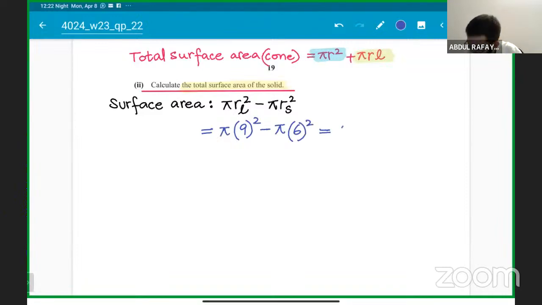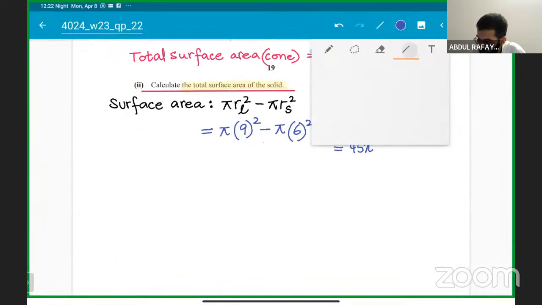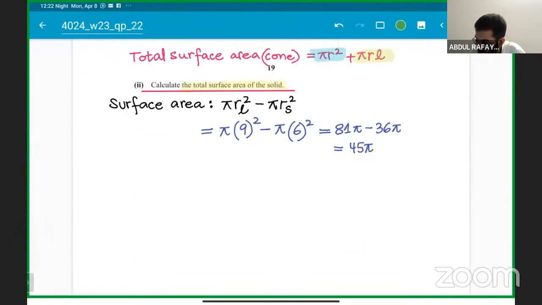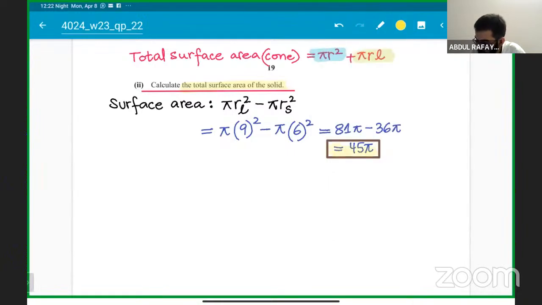लेट्स सिंप्लीफाई दिस कि 9 का स्क्वायर होता है 81 पाई। तो एक आपकी वैल्यू यहाँ से आ जाएगी। अगर हम स्टेप बाय स्टेप इसको ब्रेक कर दें प्रोसेस को, तो 81 माइनस 36 हो जाएगा सर 45 पाई। बेसिकली 45 पाई हो जाएगा। दैट इज द अपर पार्ट का जो एरिया है वो 45 पाई हो जाएगा, ठीक है स्टूडेंट्स। सो दैट इज व्हाट वी नीड टू अंडरस्टैंड कि सर ये हो जाएगा 45 पाई द एरिया ऑफ द अबव पार्ट, ओके।